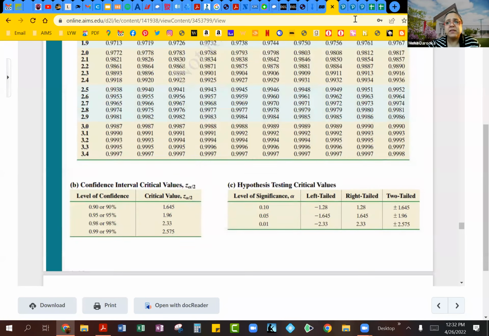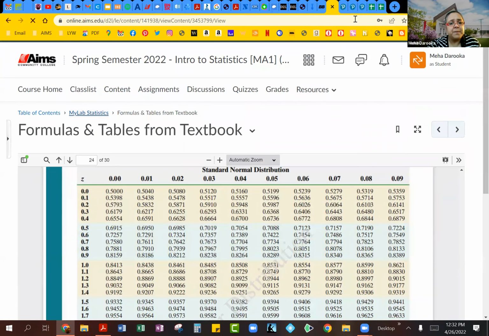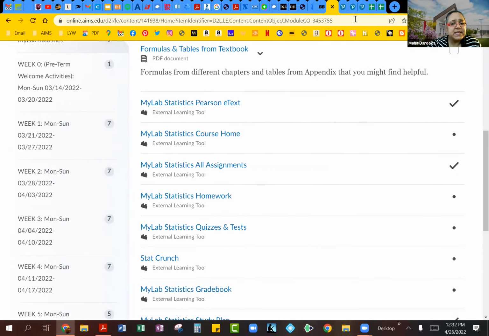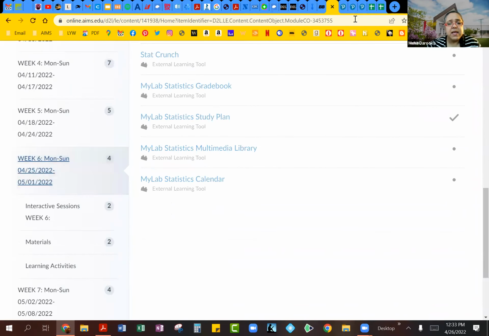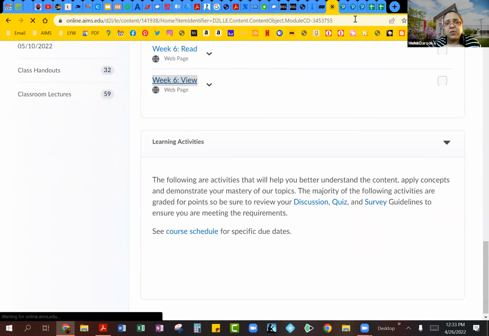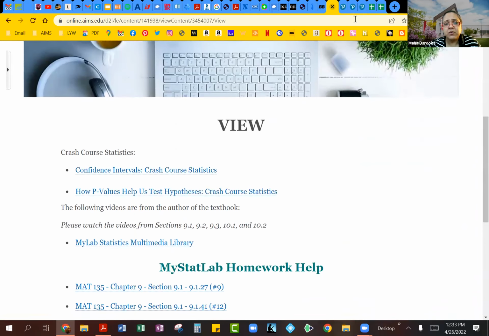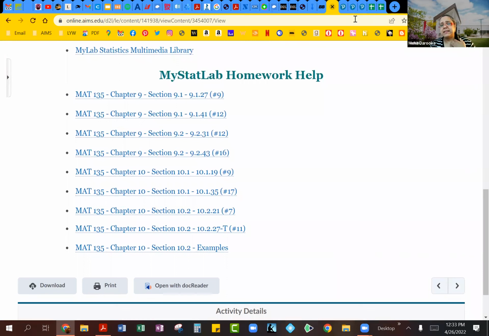All of that is available for you under the viewing, and you can see there are a lot more examples under the viewing section than we were able to cover in class. So hopefully you will be able to look through these examples and work some of them out. And I will be here this week, so if you have any questions, please don't hesitate to reach out, and I'll be happy to help you with anything you get stuck on.